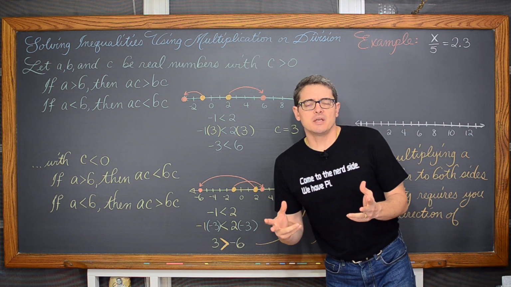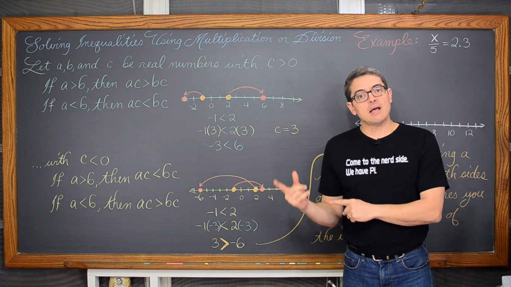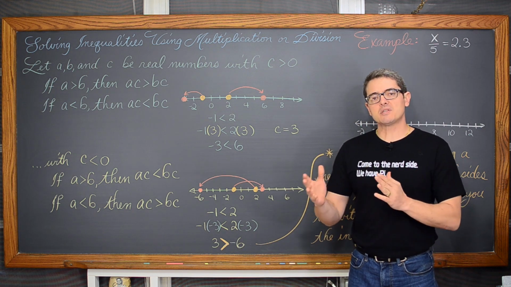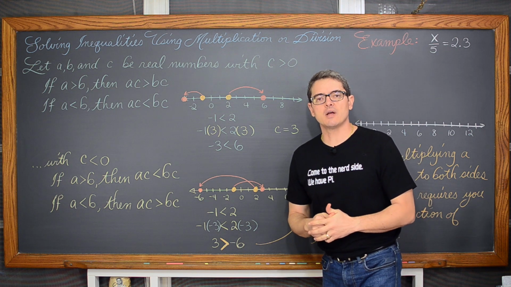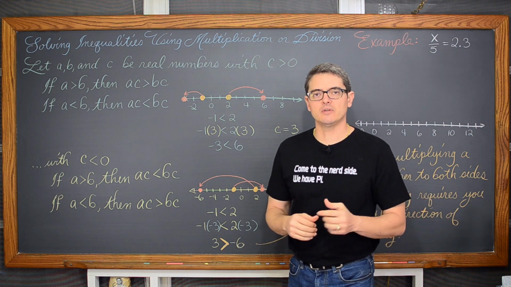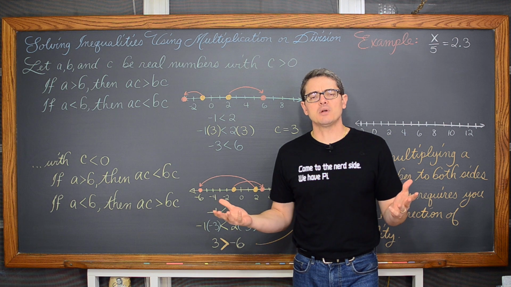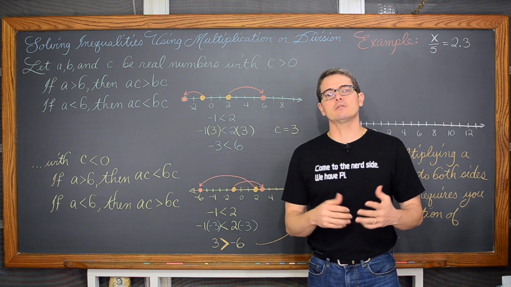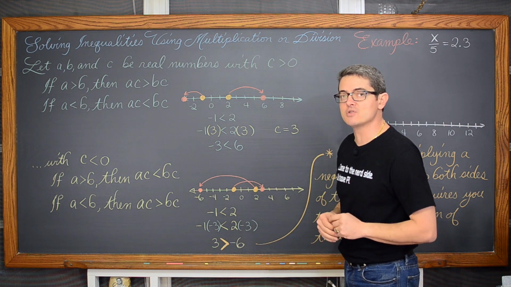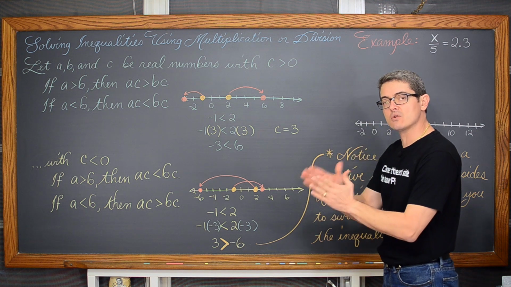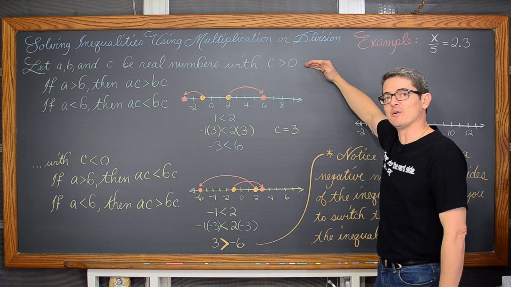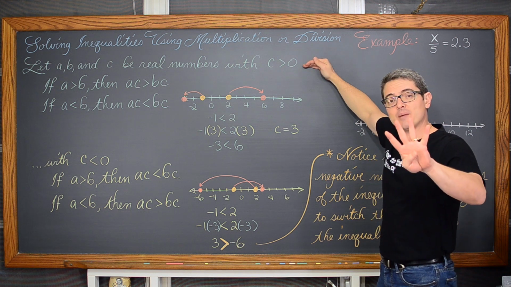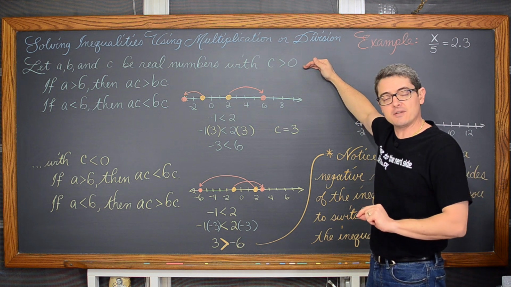Now, I mentioned this in my last lesson, but the reason why we separate the multiplication and division away from the addition and subtraction process for solving inequalities is that, while they're both one-step processes, when you multiply or divide by a negative number, you're going to have to remember to change the sign. Thus we want to hammer that down early in our algebra study so you remember it later. We're going to do 4 examples, by the way, and the last one will be a 5th example, a word problem.